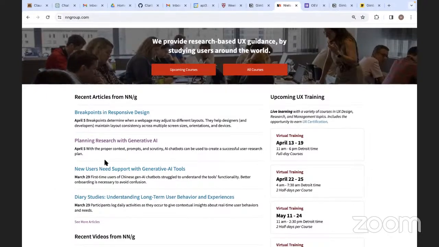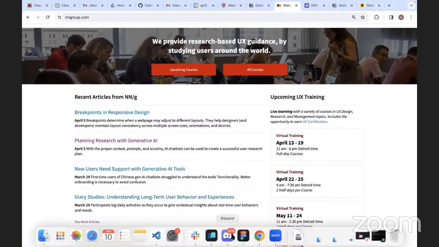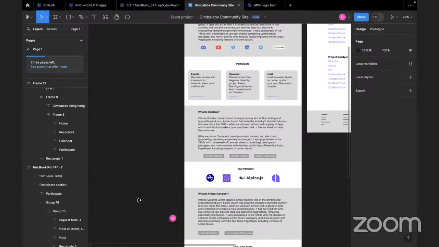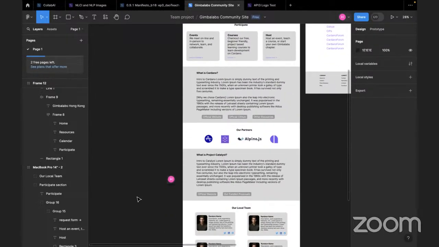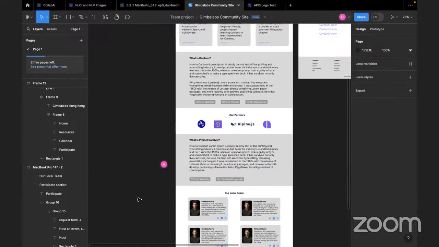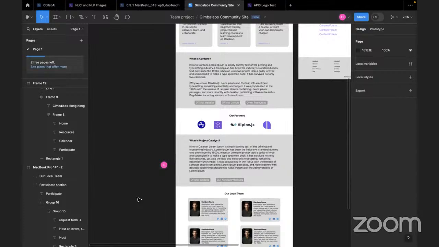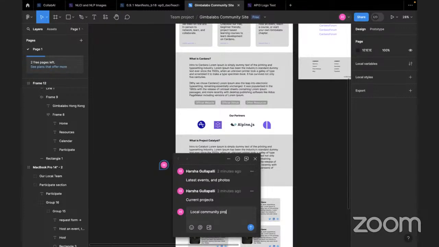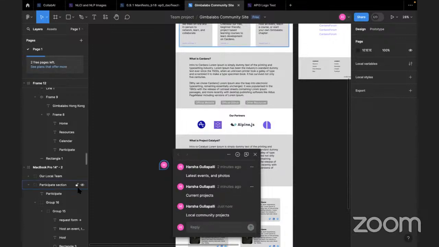So this section would preferably be updated constantly, right? Because people will keep building stuff. But it could be in a standard format. Maybe the left side is the photo, the right-hand side is a brief description, and then a link, something like "read more", and then we redirect people elsewhere. Just to serve as more of a template, so that it's easier to replicate in other geos as well.